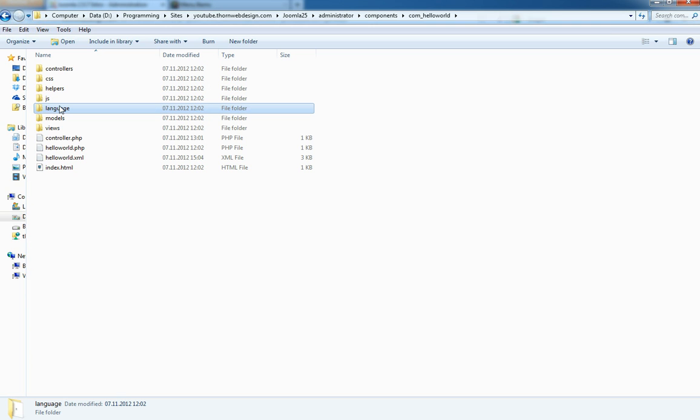If you want to add any additional languages later to your pre-installed component, then you would need to add the relevant language file to the language folder itself. So just as an example,